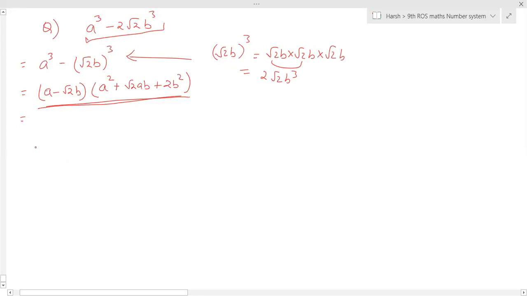Now, one question. Let's see how many of you apply your brain in this question. It's a very easy question, but a little tricky. Only one trick, and then you will be able to solve. Two a to the power 7, not 2. Okay, a to the power 7 minus 128a.